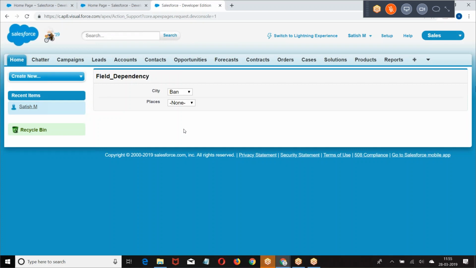Again, I repeat, generally the Apex class will be called when you click on a button or click on a link. But here what I am saying, whenever the change occurs on any one of the elements, whenever you focus on any one of the elements, whenever any event is occurring on an element, you want some Apex side action to be performed. That is the reason we are going with action support.